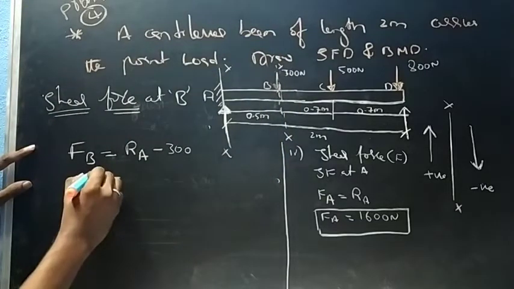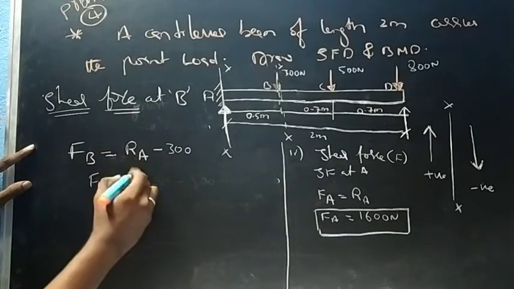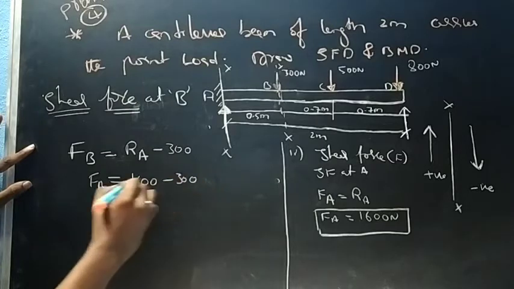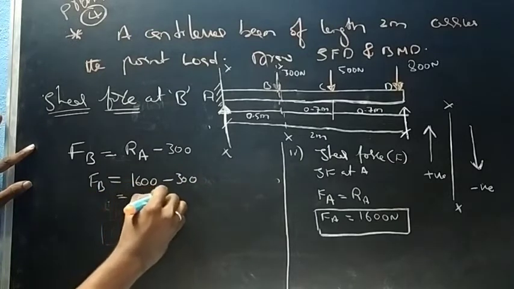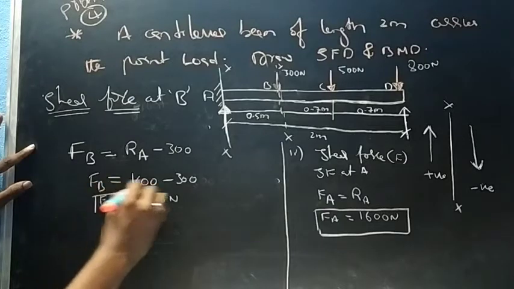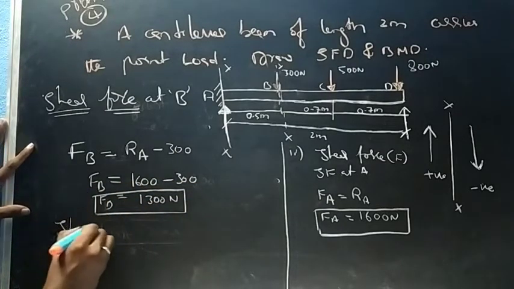So from here I can get FB equals to, so what is RA? We got 1600 minus 300. So we got 1300 newtons. So FB equals to 1300 newtons. Next we'll find out shear force